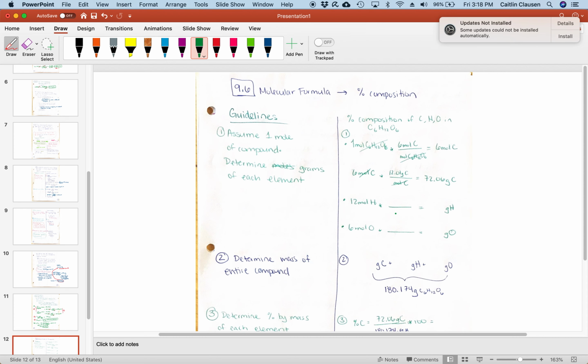And then we'll find the grams of hydrogen. So moles of H, grams of H, 1.00794, and then 15.9994 grams of moles of oxygen. Moles of oxygen cancel there, moles of hydrogen cancel there, and I'm left with grams, and I get